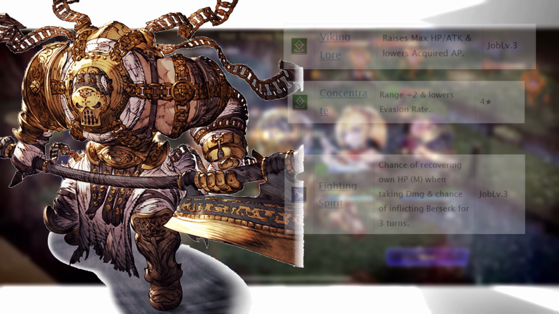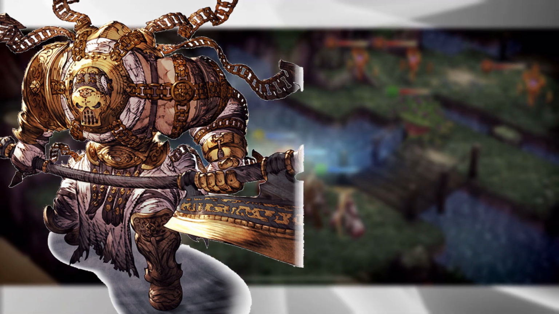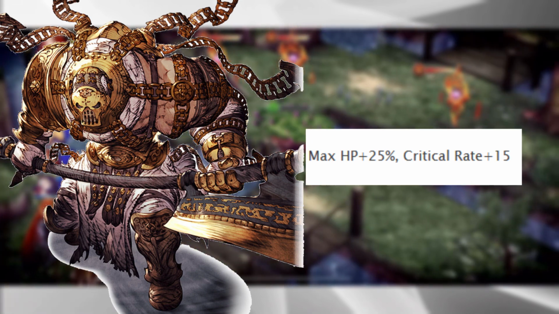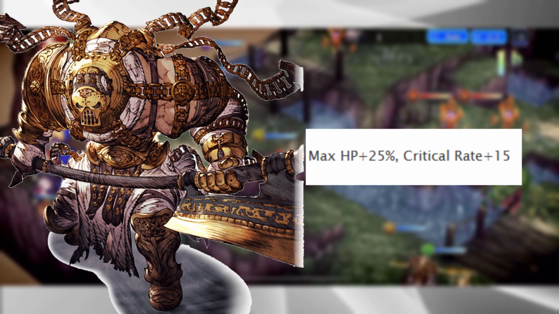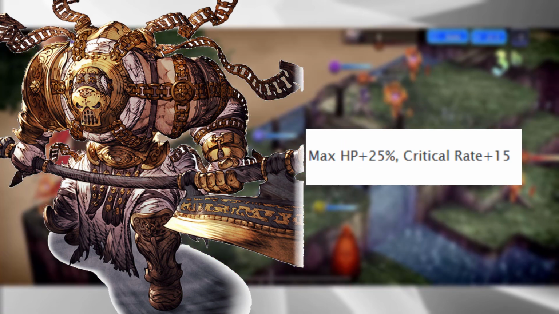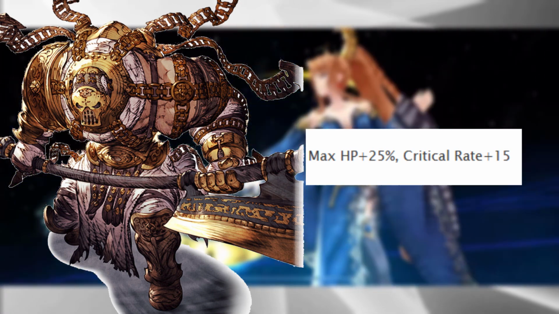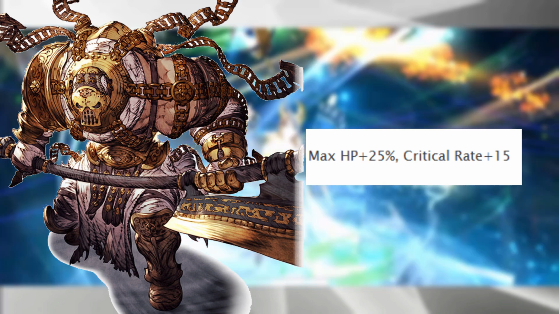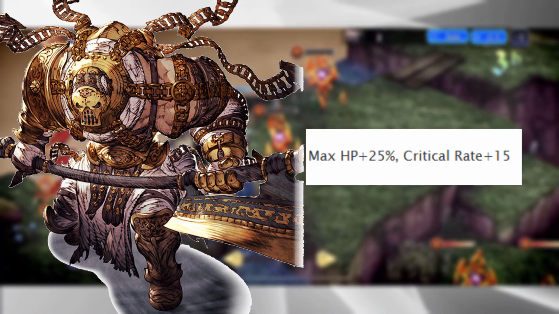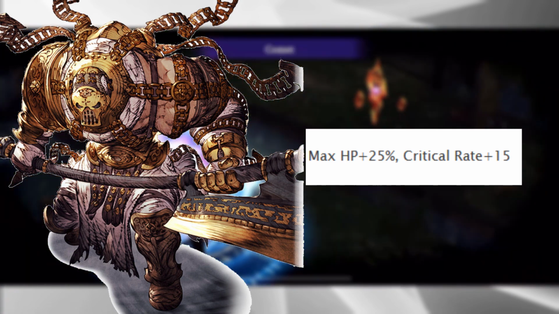And what further cements that Berserk status as completely and utterly fine is, of course, Dorando's Master ability and his Trust Master reward. We'll go over the Master ability first, which grants him max HP plus 25% and a plus 15 to his crit rate. So, Dorando can only attack. Whatever. That attack happened to be a crit. This enemy is now dead. The spellcaster just had their head cut off by this Berserker madman. See? Berserk doesn't really matter if your character just has massive